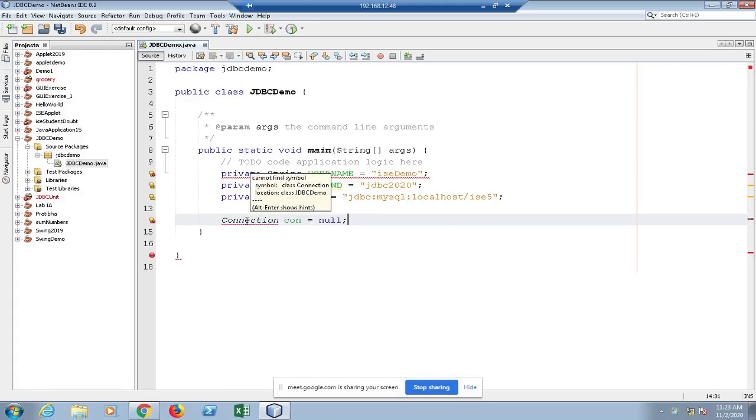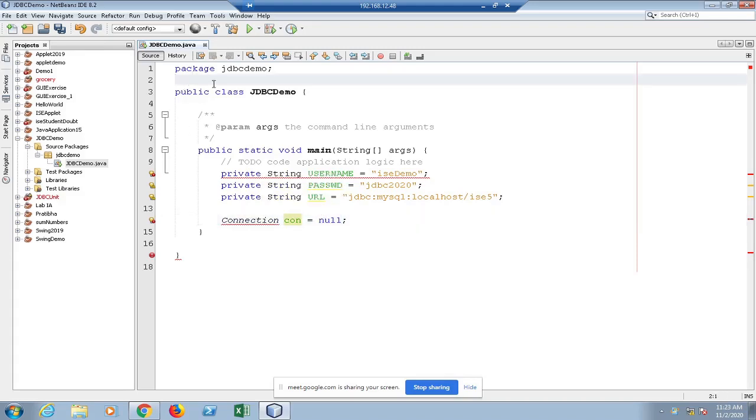I don't have any live connection object, so it is null. I guess I need to import certain packages. Yes, whenever you want to deal with DBMS, this is the package that should be imported. Java.sql and all other sub packages and the classes present in that.